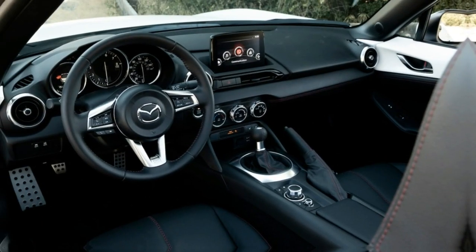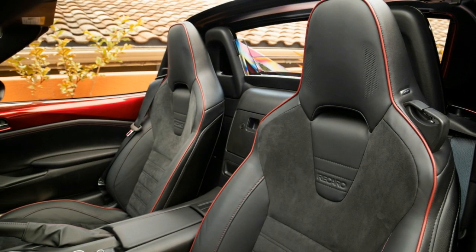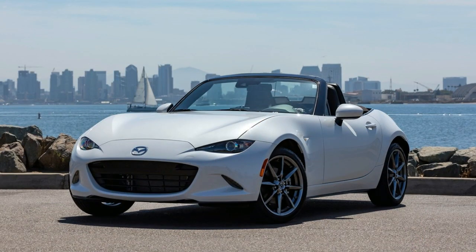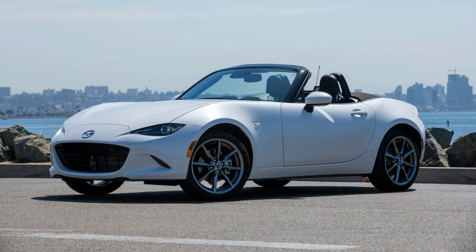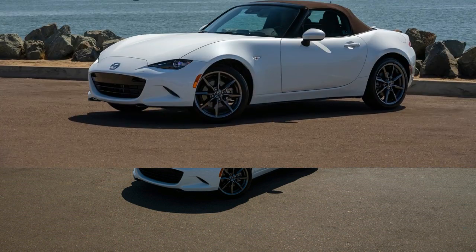Grand Touring models are now available with sharper handling thanks to the addition of the GTS package. This adds Bilstein shocks, a front strut tower brace, sport-tuned suspension, and a limited slip differential, all of which were originally exclusive to the Club trim. The Recaro seats, which were initially available only on the soft top, are now available on the RF Club grade as part of the